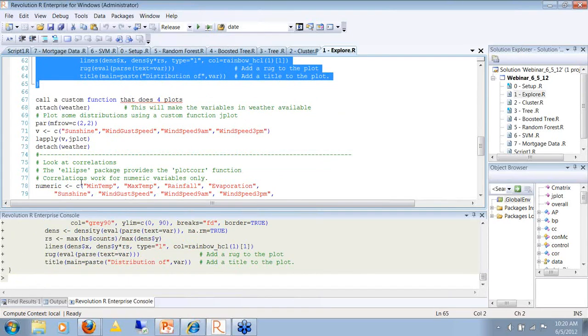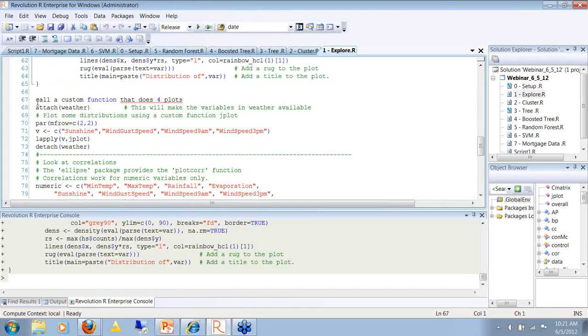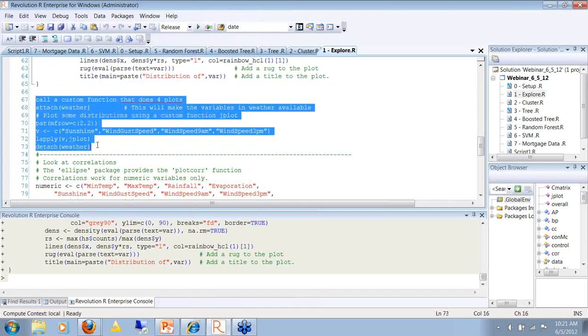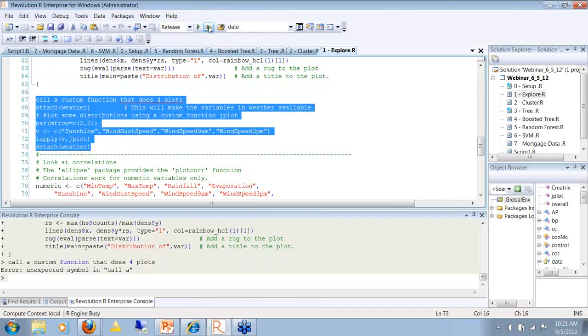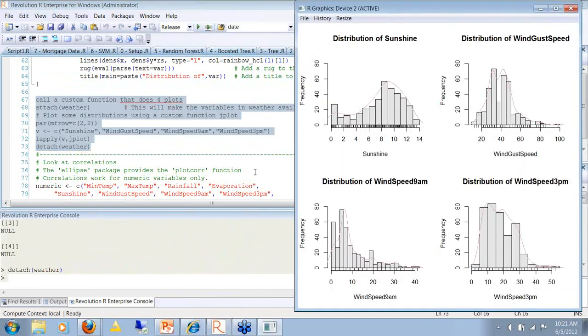explanatory variables plotted. And I'm going to use another workhorse R function called lapply. It stands for list apply. It's going to work on this data structure V, this vector here, and it's going to apply the plotting function that I just made to all of those 4 variables and produce 4 graphs on one page.